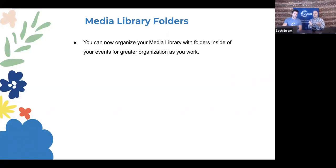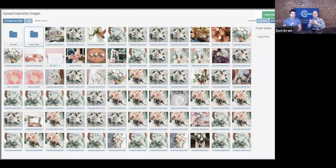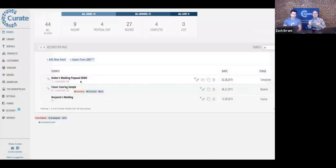We have probably thousands of individual votes that people have voted up for particular features. Well, this was the number one feature: folders in the media library. We released this about a month and a half ago, and we have just been working towards this piece by piece, getting it caught up. So we're officially saying, hey, we're good to announce this for our September release. This was an exciting thing. So you can now take your flowers and add them into